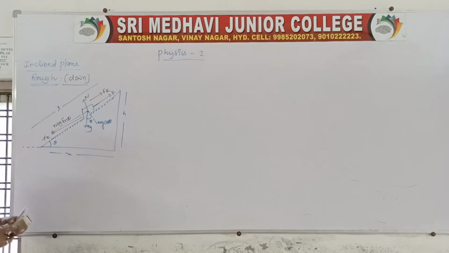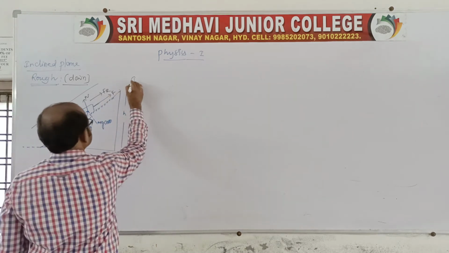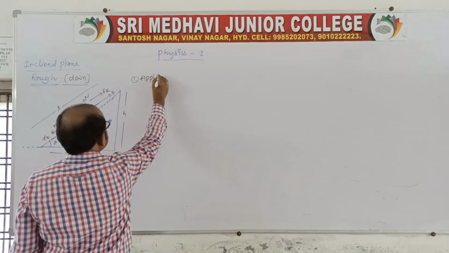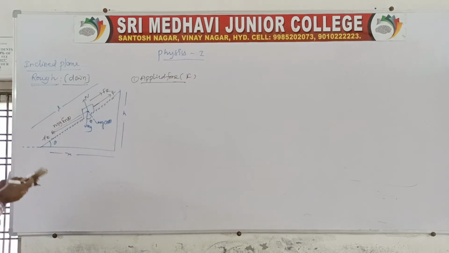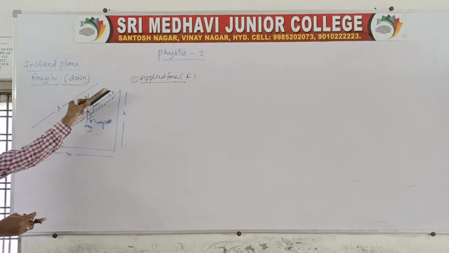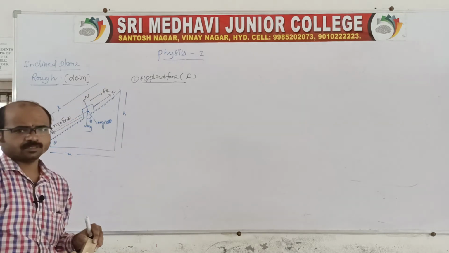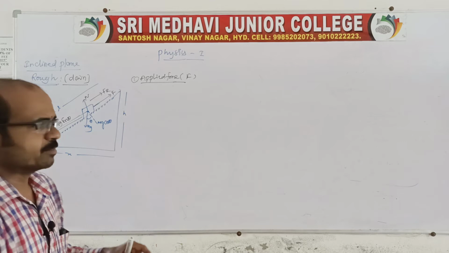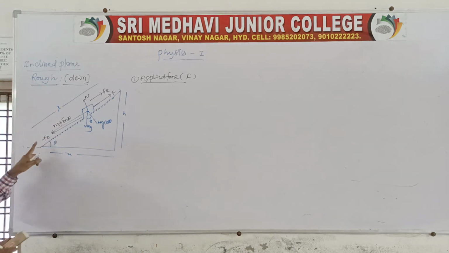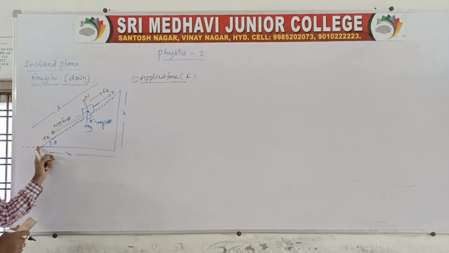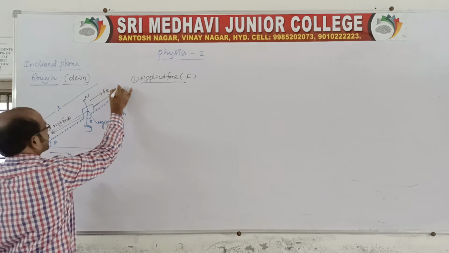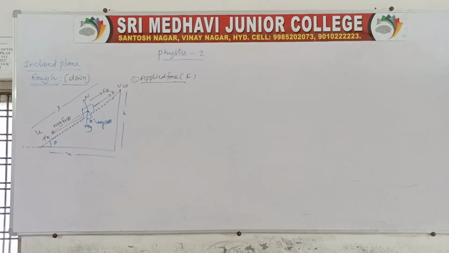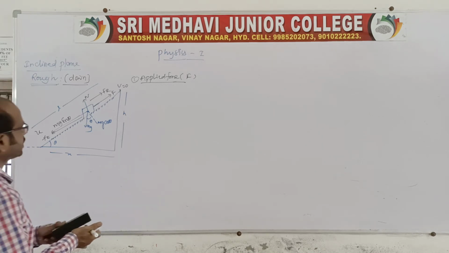Now let us go for the first one, applied force. First parameter you take as applied force. Very simple. Capital F is asked, because only when the force is applied is it possible to slide up. Otherwise the body will not slide up because it is at the bottom. When there is a force applied only, the body can move up. The applied velocity is v, and at the maximum height, on reaching the top, the final velocity becomes 0. Clear?